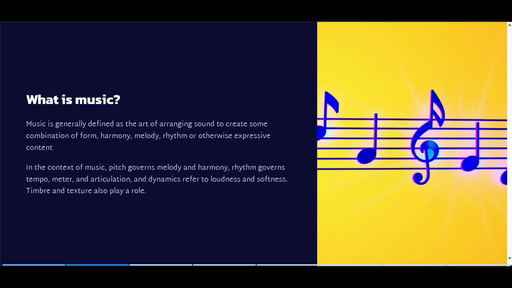Okay, so rhythm is the timing, and the rhythm comes around with the tempo, meter, and articulation. So you can talk about how the rhythm is by telling that it goes like 1 2 1 2 1 2 1 2, or it goes like this 1 2 3 1 2 3 1 2 3, or 1 2 3 4 1 2 3 4, like that.